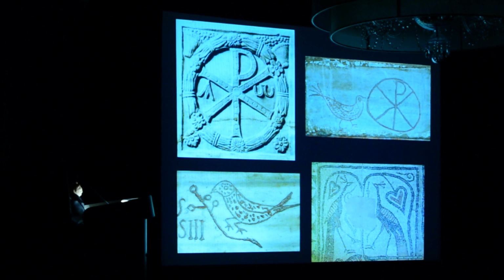Some other symbols that we found in this original kind of situation: the hero, Christos, Alpha, Omega, the beginning and the end, the typical kind of language from the book of Revelation. You have again the bird. The bird normally is a peacock, which is a symbol of immortality in the ancient world, and also you have some other elements here as a symbol. But the peacock is something which we encounter very often.